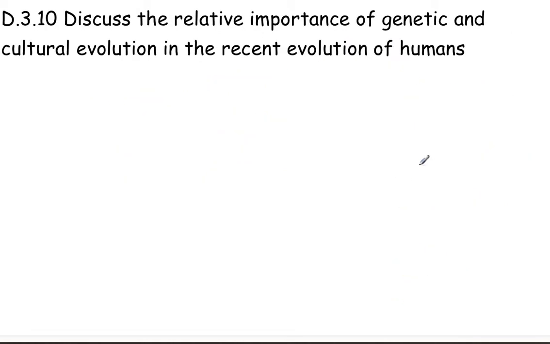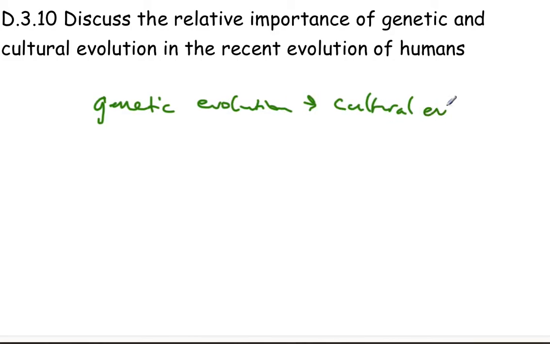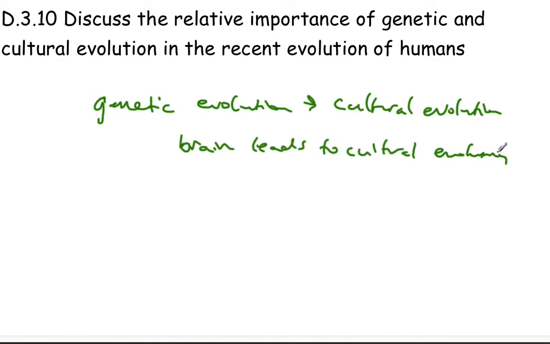Okay. Finally, discuss the relative importance of genetic and cultural evolution in the recent evolution of humans. So the main idea here is that both genetic and cultural evolution have to be in some ways beneficial to the survivability and the fitness of humans. So first, genetic evolution is needed to lead to cultural evolution, just because, as we talked about previously, we do need the evolution of the brain and the complexity of the brain first before we can develop culture. Brain leads to cultural development. Okay. And also just our coordination in being able to use the tools that are developed in cultural evolution are helpful. But then cultural evolution develops